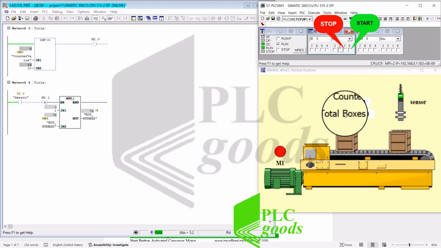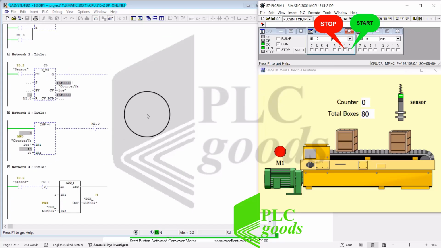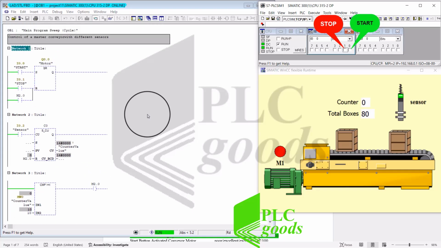The motor is turned off, counter content is 0, and now the total number of boxes that have passed through the sensor is 80. Notice that the whole program is written with only 4 networks, and when I started, Q0 is turned on,